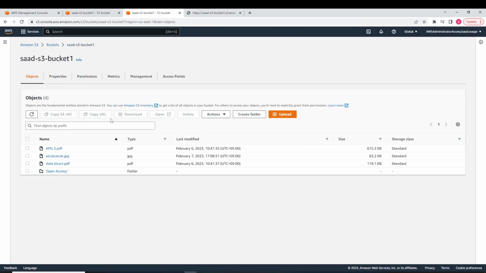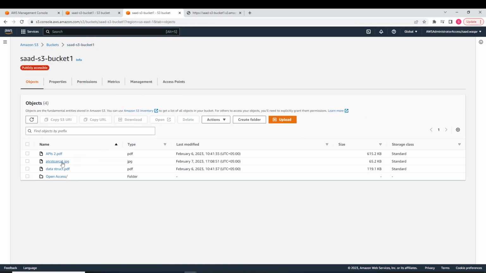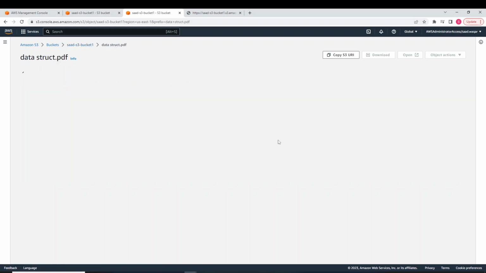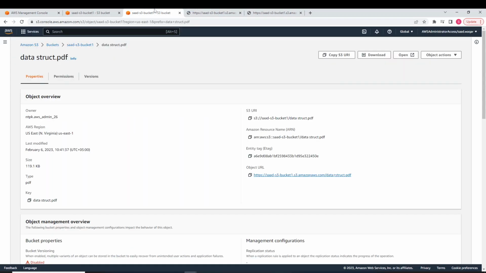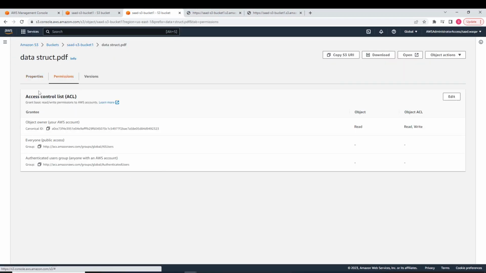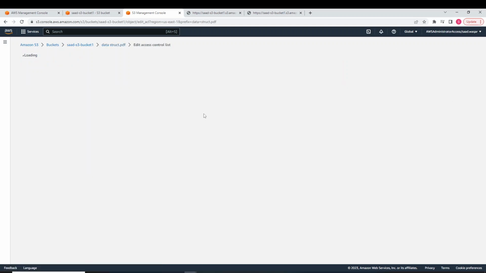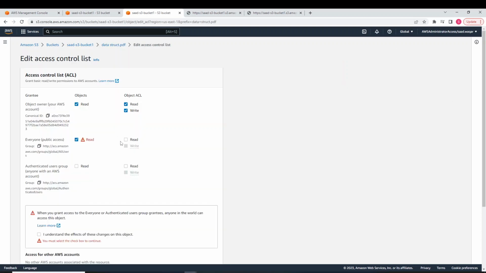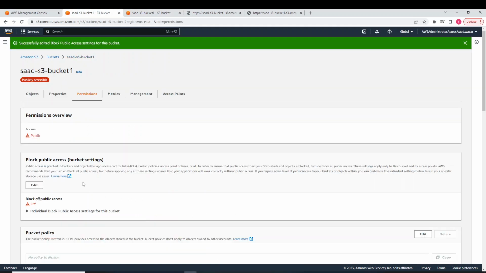Right? Even if I try to get another object, for example, this image. Let's try to get this object. I should not be able to access this object. Yeah, because in its ACLs, the public access has not been enabled, and in order for it to be enabled, I need to individually enable it. Even though this is enabled at the bucket level, I need to enable it from the object level as well. Now, if I try to upload an object,